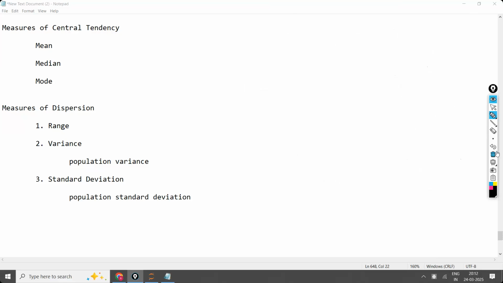Now, if you select any particular company and look at their salaries, and the standard deviation is high, what is the meaning of that? In that company, some people are getting a very huge salary, some people are getting a very low salary. If the standard deviation is very low, what is the meaning of that? It means almost everyone in that company is getting the same, or a similar kind of salary. Is the point clear?